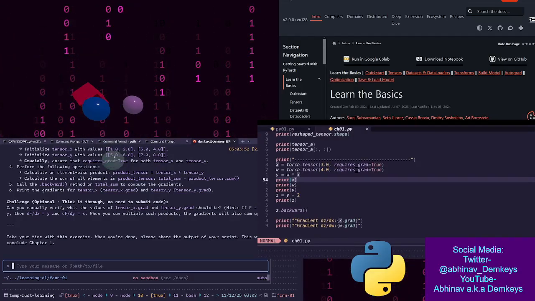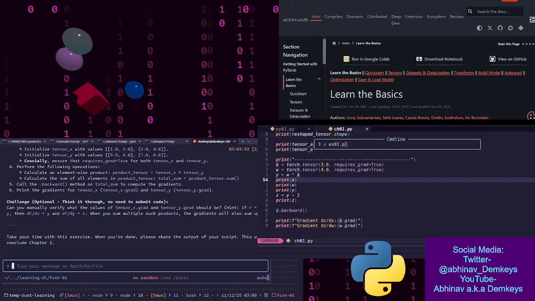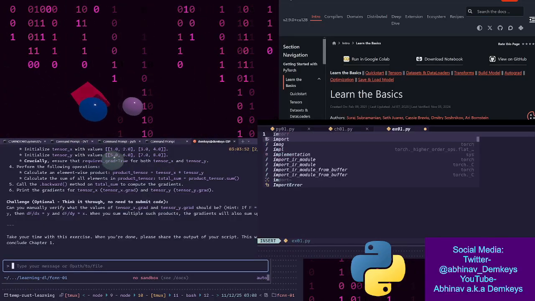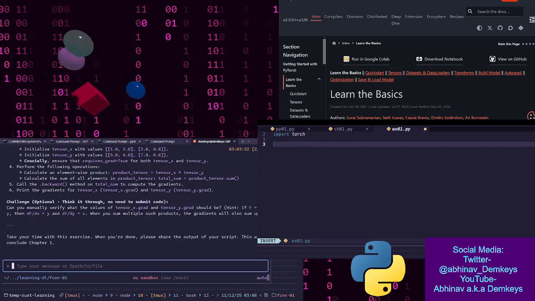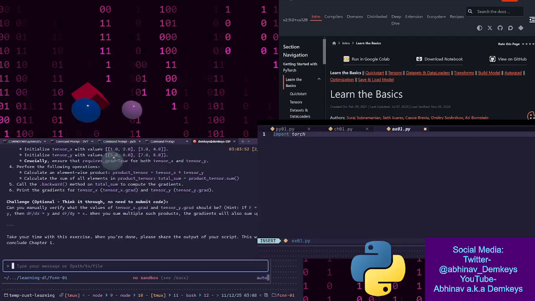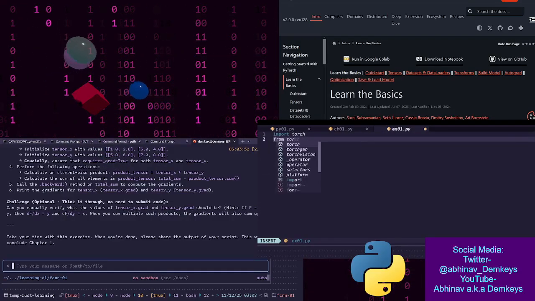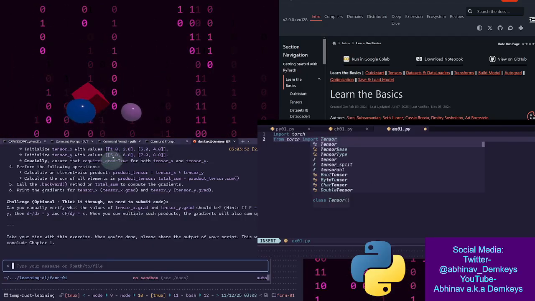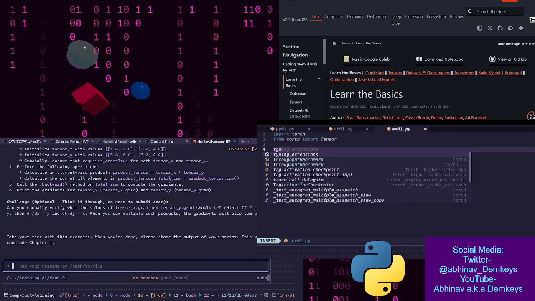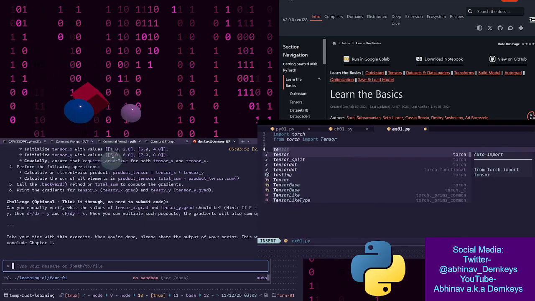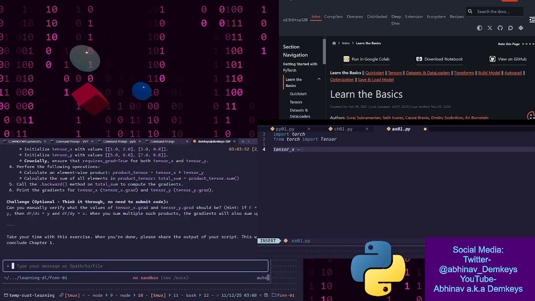All right, so exercise 1.py. First thing we need to do is import torch, and from torch import tensor. Right, tensor underscore x equals, I forgot, hold on. What did,